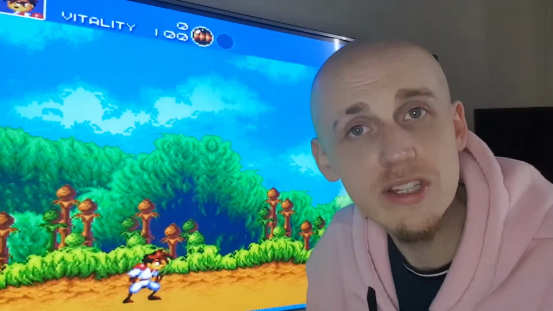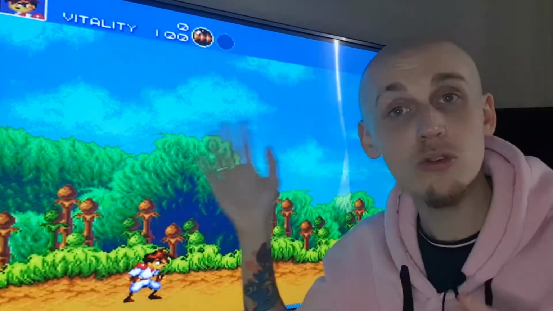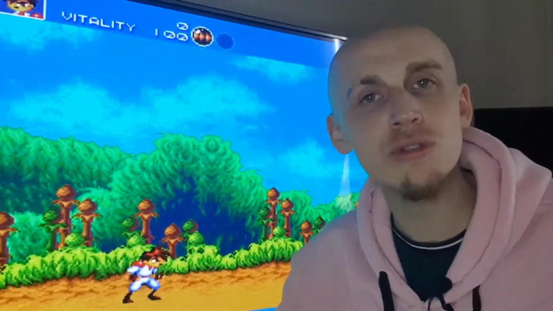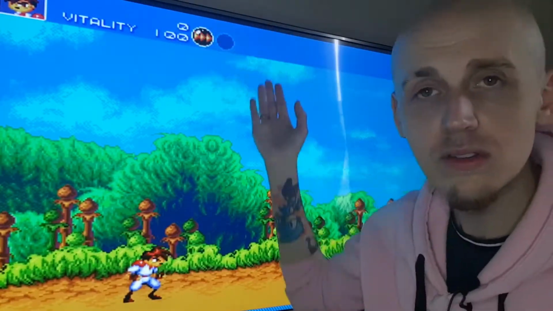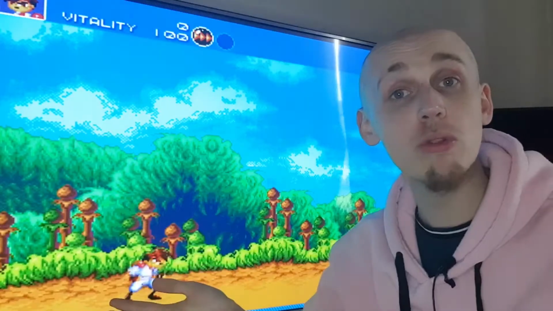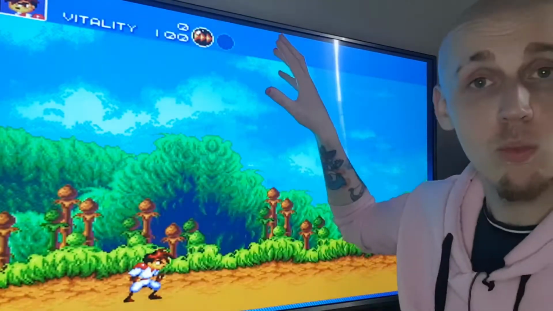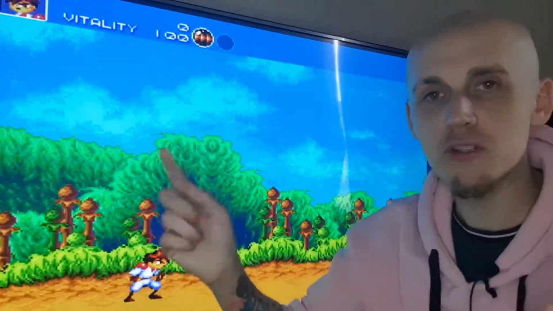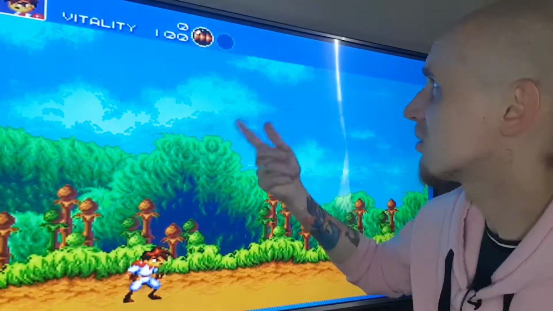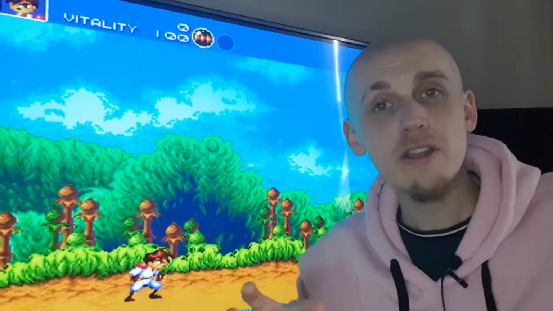Why do we choose these pieces of information? Why do we choose to convey a resource this way? And in this example, we're using health. But why would you choose this number to signify your health? In Gunstar Heroes, why isn't it a bar? Why isn't it a set of pips? Why isn't it a big old percentage? Well, I suppose it's out of 100, so it's kind of a percentage, but this is all informed by your